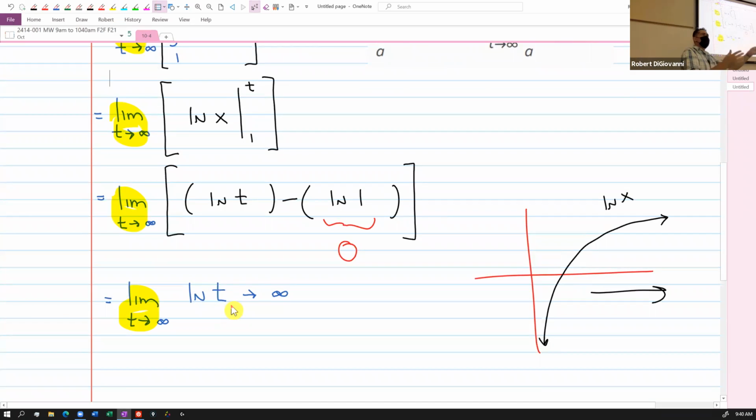I mean, it does, it goes to infinity, but in order for a limit to exist, you have to have it go to a real, fixed number. So when it comes to areas, here's what we'll say. If you get infinity, or negative infinity, or just does not exist, period, if you get that, then we will say, oh, thank God,